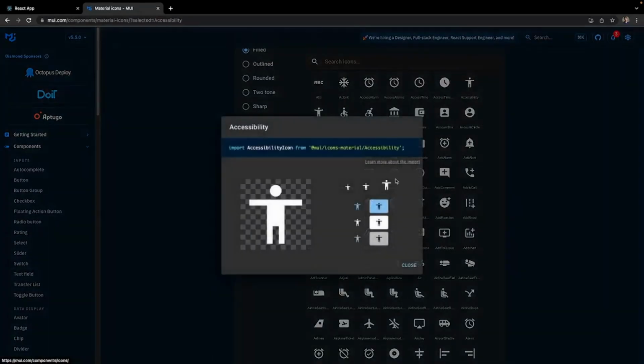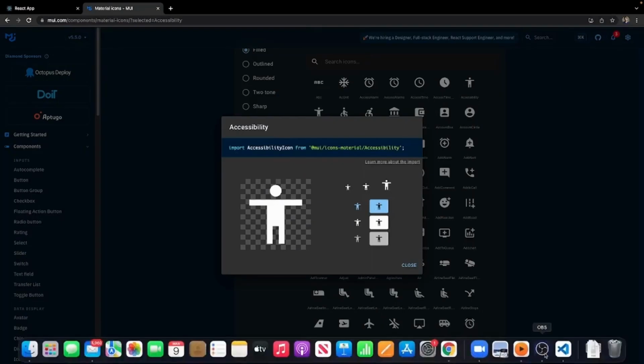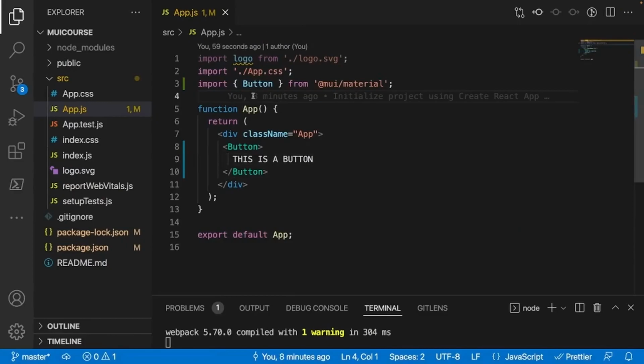Let's select this person right here, and I'll just copy it. So we have different sizes here. We have a small, a medium, and large. But we're just going to copy the basic one and go back into our VS Code, and I'll import it at the very top right